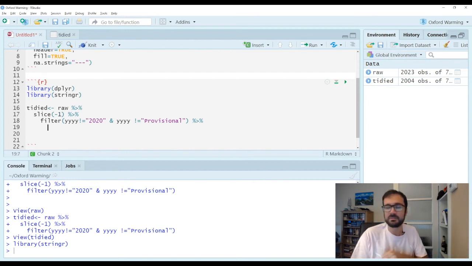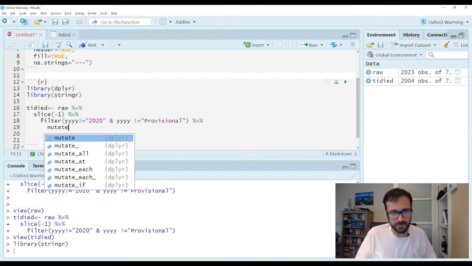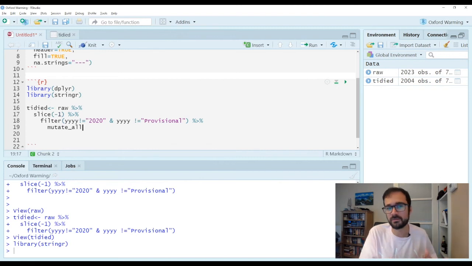So I would like to get rid of the stars everywhere in this data. There's no valid place for me where I want a star. So I'm going to use the mutate all function to modify all of the columns in my data. There's these nice add-ons to mutate and filter, which you can use, mutate at or mutate all, and filter all or filter at, to select more than one column at a time, or in this case, all of your data at one time.